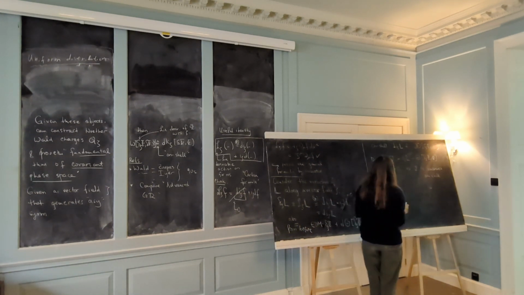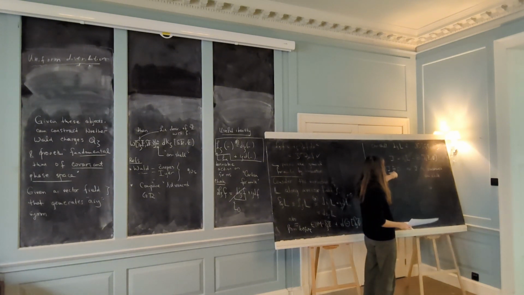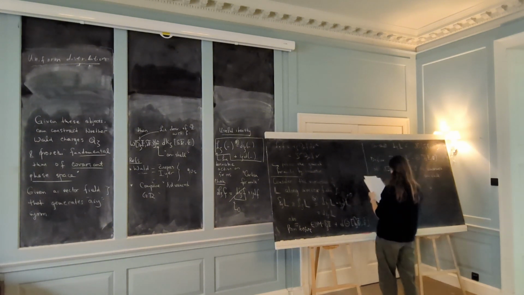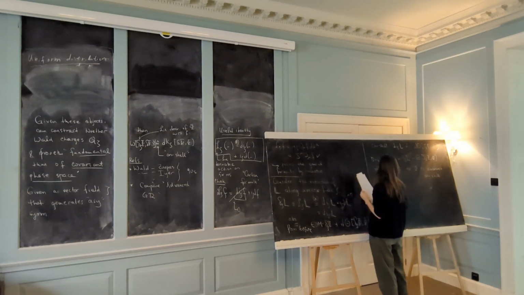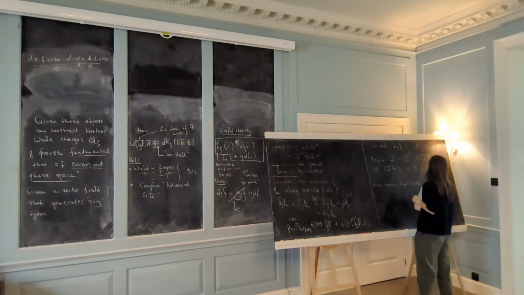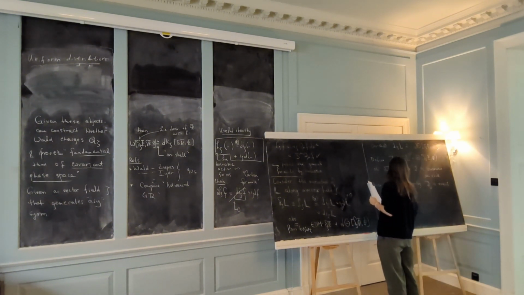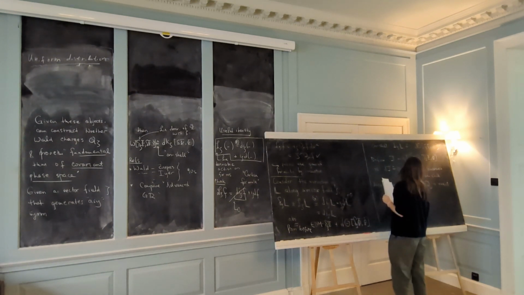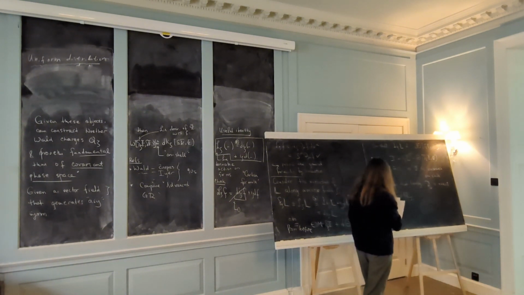But it also means that locally, because of this identity, I can find some charge Q such that J is equal to d of that Q. It's true locally, not globally, so locally J must be exact. So J must be d of some Q of zeta,